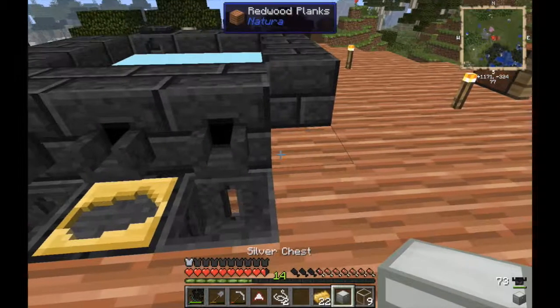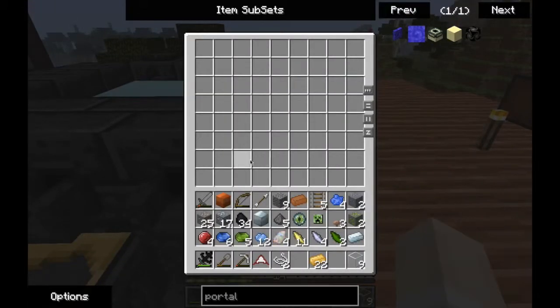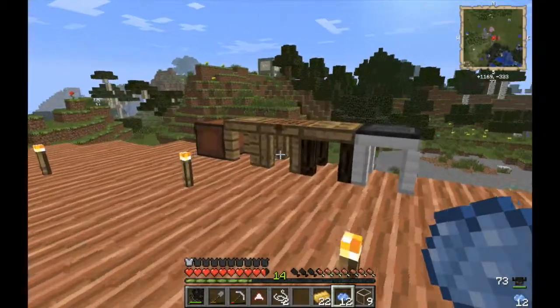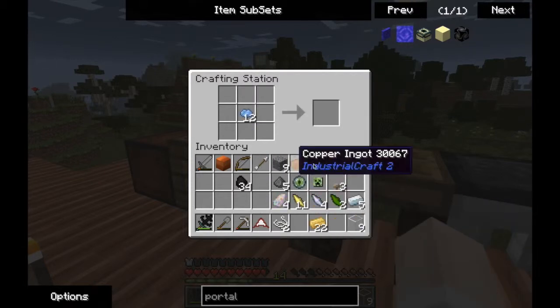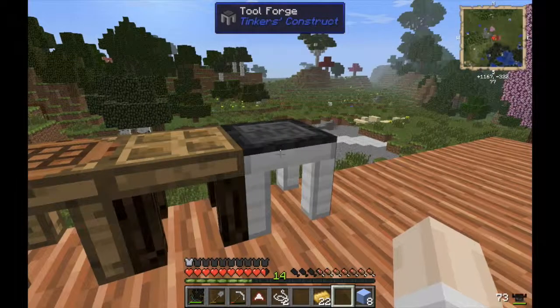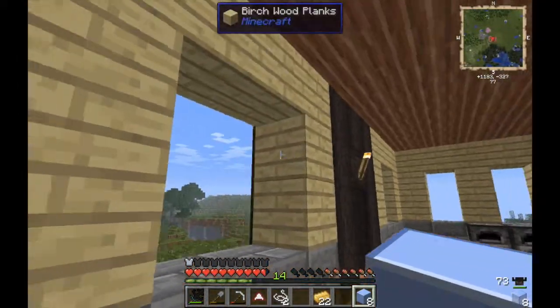Now, great thing about a silver chest is take a look how big it is on the inside. Holy smokes. So we're going to use this for all of our ore and gem storage right now. It's not a permanent solution, but it can hold a lot more than your double chest. So we'll make this, we'll get some windows in, and then I think we're going to have to call it an episode there. Now, last time I was having some issues